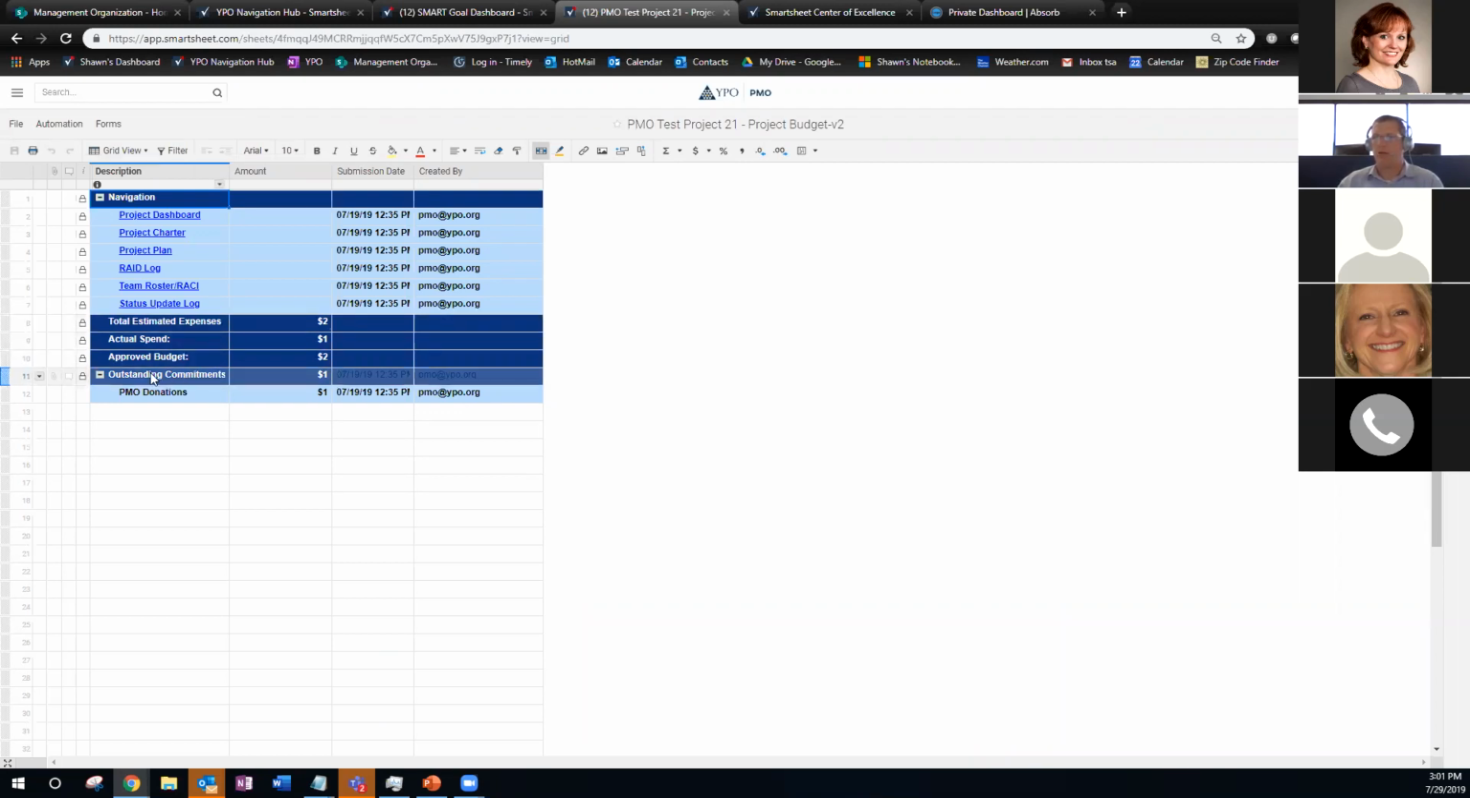And then it will also give you the option to add in commitments. So if you wanted to add in some commitments that maybe don't show up in Financial Force yet, but you want them to display on your dashboard, you can put them in here. So like if you're going to donate $1 to our PMO, put that in here, and you've got an example of a commitment that's outstanding. And so that commitment shows up on the dashboard